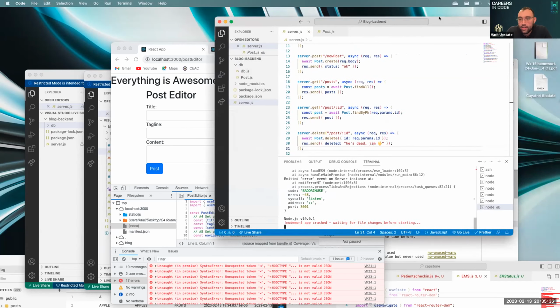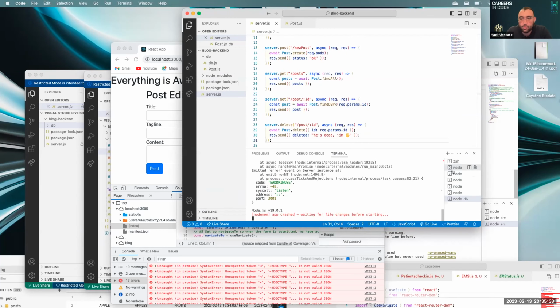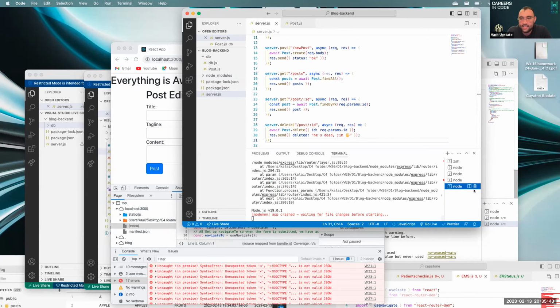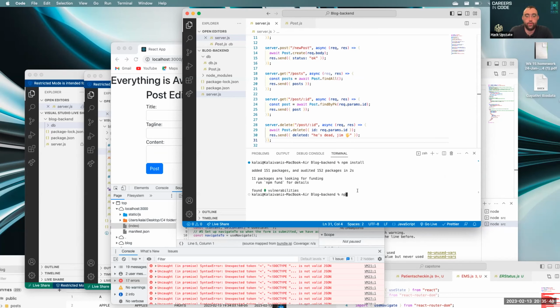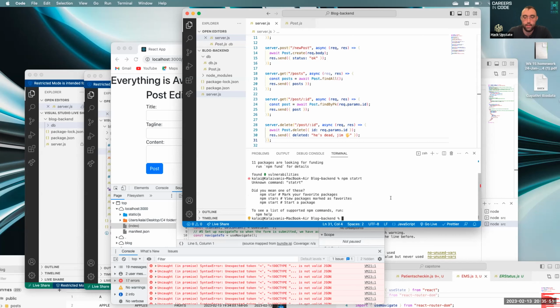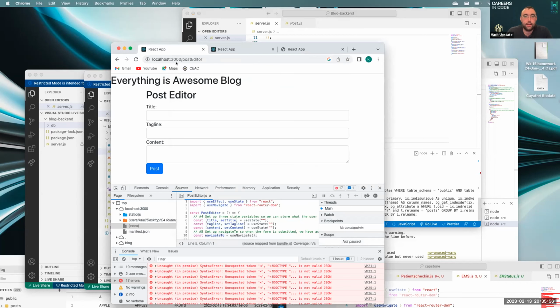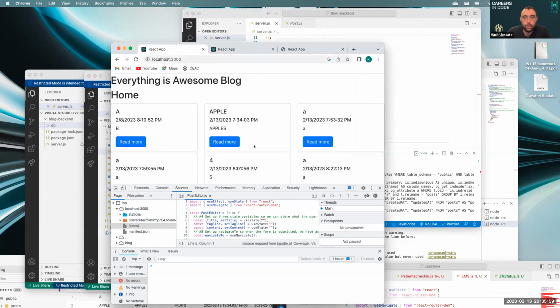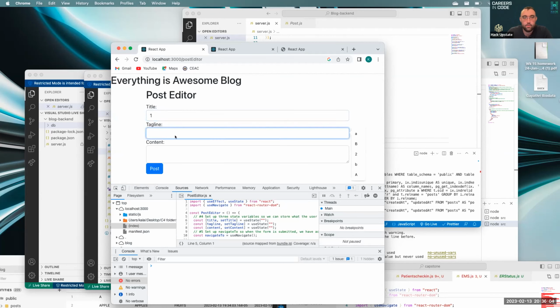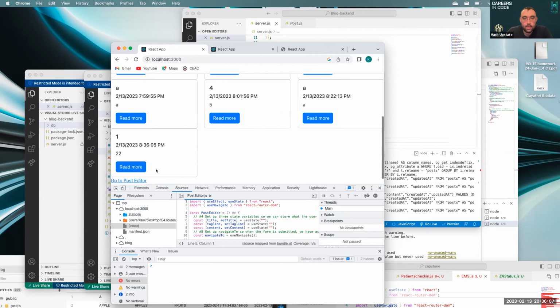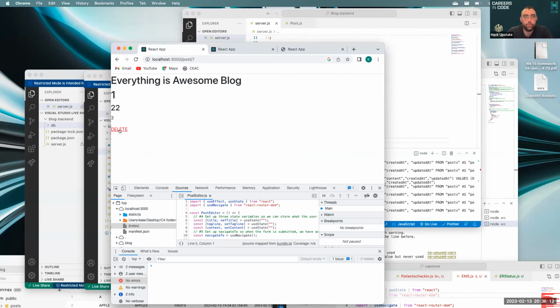What's happening over here is you've got a ton of servers running, and that's causing a lot of issues. So I'm going to close out of all of these and start over fresh. So if we do our npm start now, nope, npm start spelled right. Now you're back up and running. I'm going to start at the home page and we don't have any issues there. I'm going to try and make a new post. And that worked. And if we go to read more, that works. And if we go to delete,